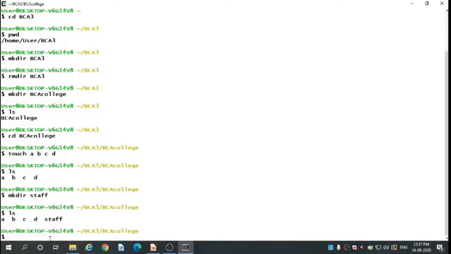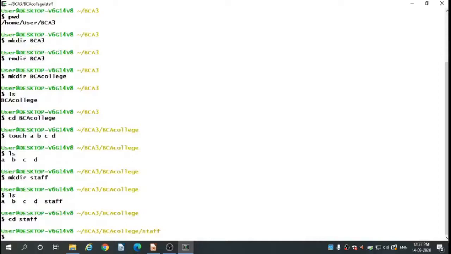Then we are moving into the staff directory. Again we came into the staff directory. So see here, previously we entered BCA3, then BCA college, then we are in staff.